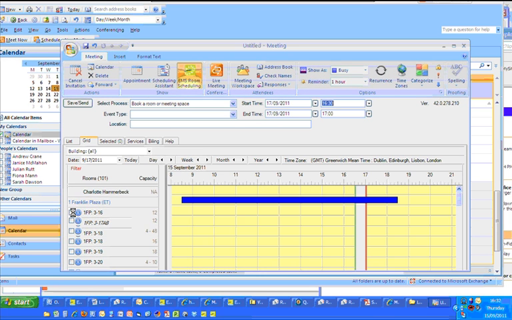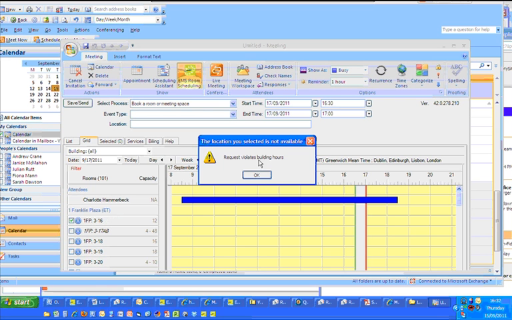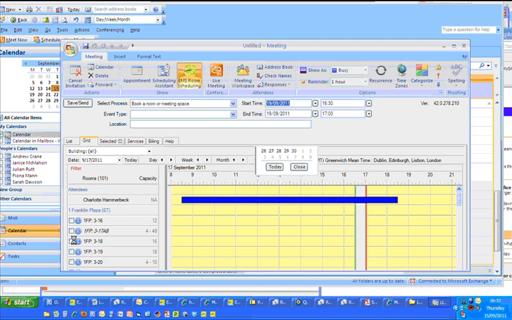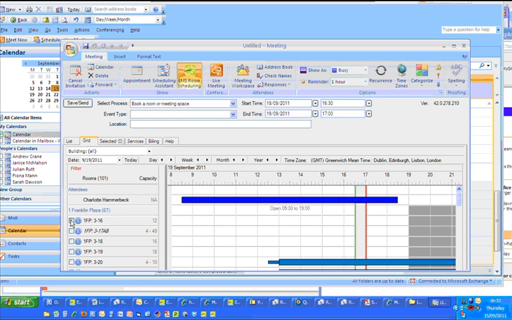Now we'll try to book it. Hit book on the weekend. Let's try on Monday instead. And now we can select it, and you'll see your booking show up as a little green line in the